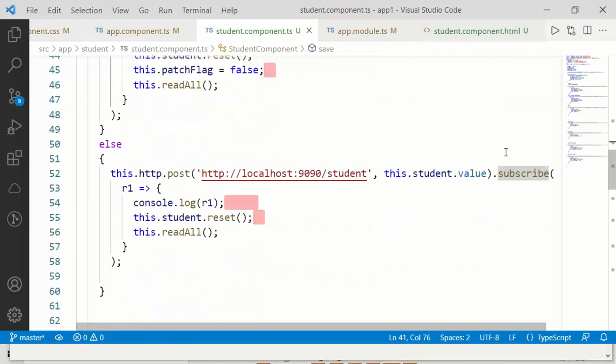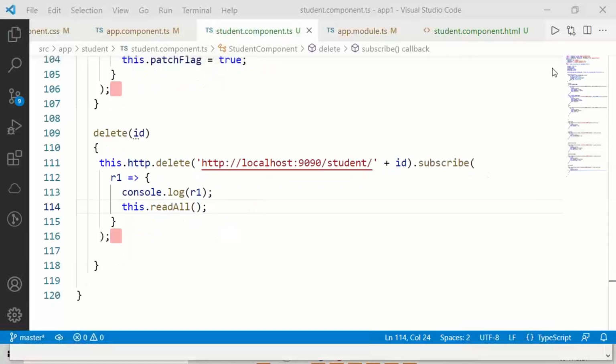If block, else if block, then else block. Let us see the delete method. Delete function.